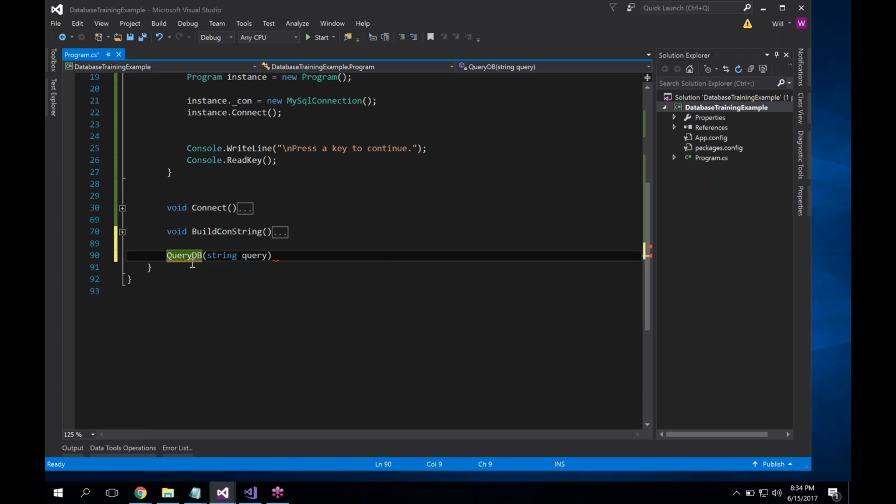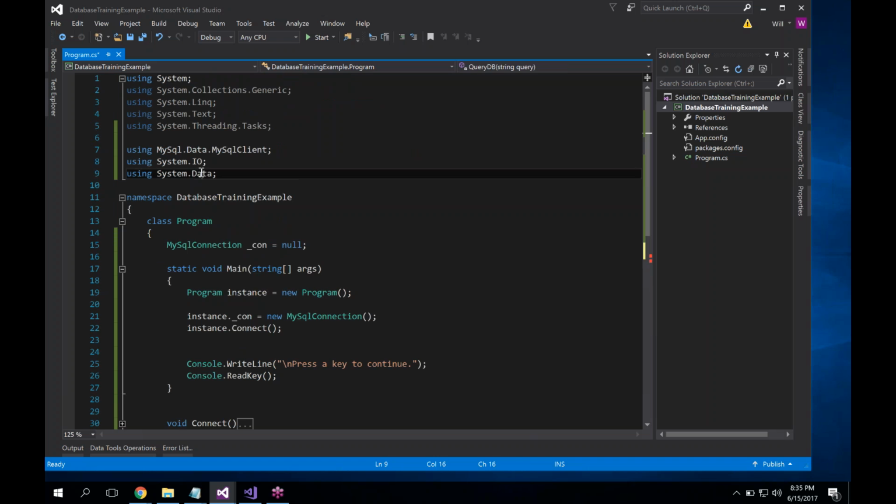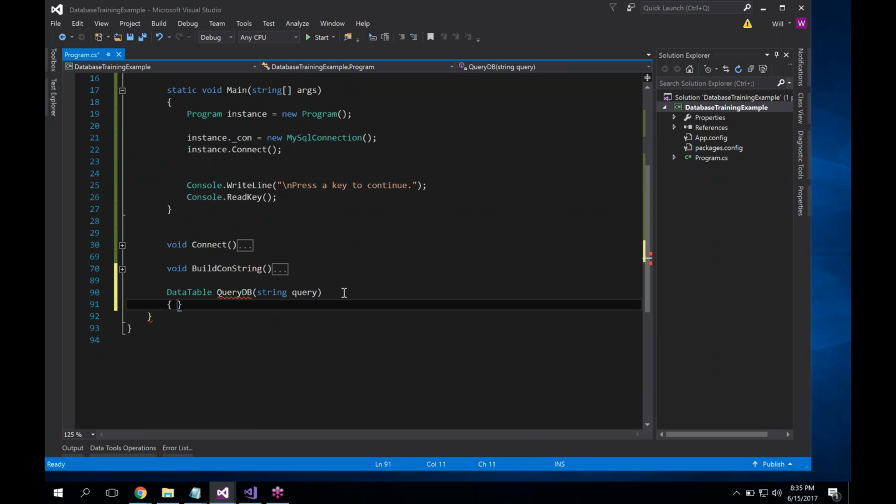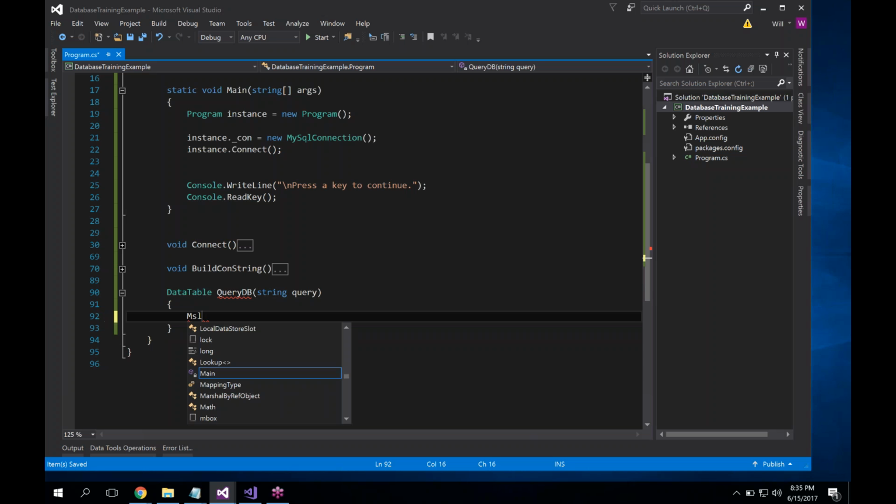And the data type that's going to return is actually a data table. This data type right here is the reason we needed the using statement for System.Data. And that's the format the query is going to return, a table of data. Now for the query, we're going to use a new structure called MySQL